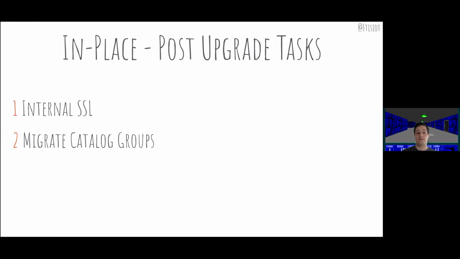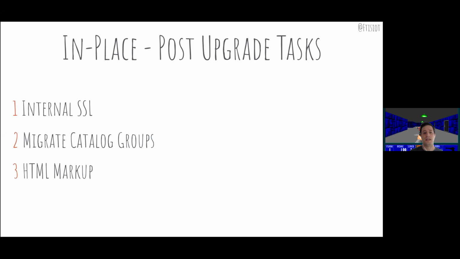Then you want to migrate the catalog groups. Catalog groups is an ancient feature that was coming from OBIEE 10G, and was somehow kind of deprecated, but always in the tool in 11G, 12C, and so on. I suggest if you are still using catalog groups, start rethinking about redesigning your security.